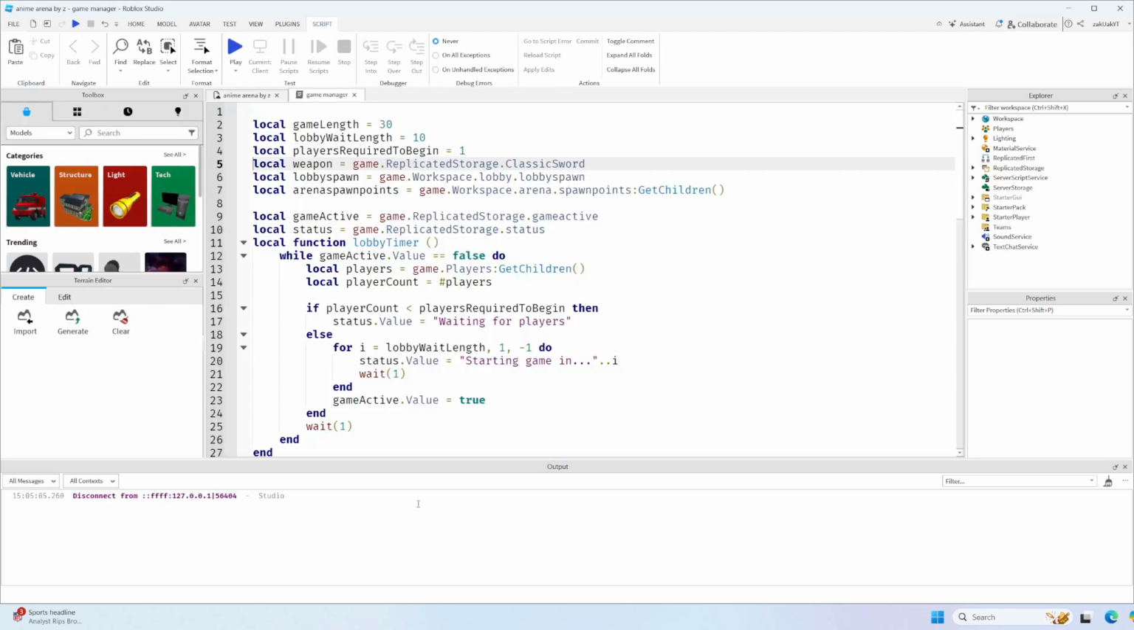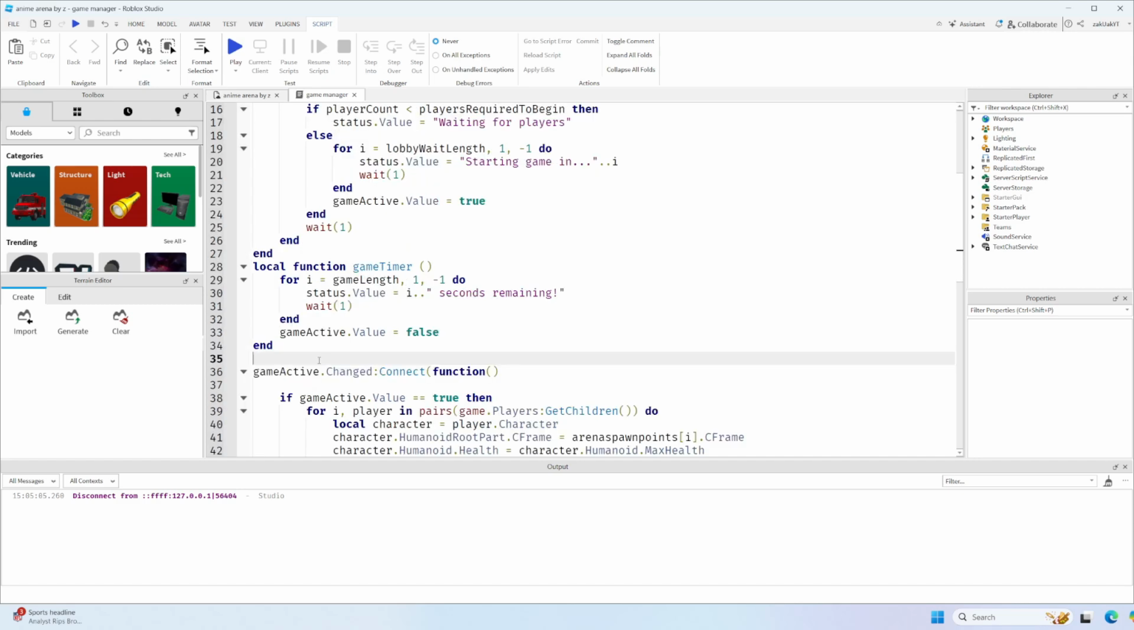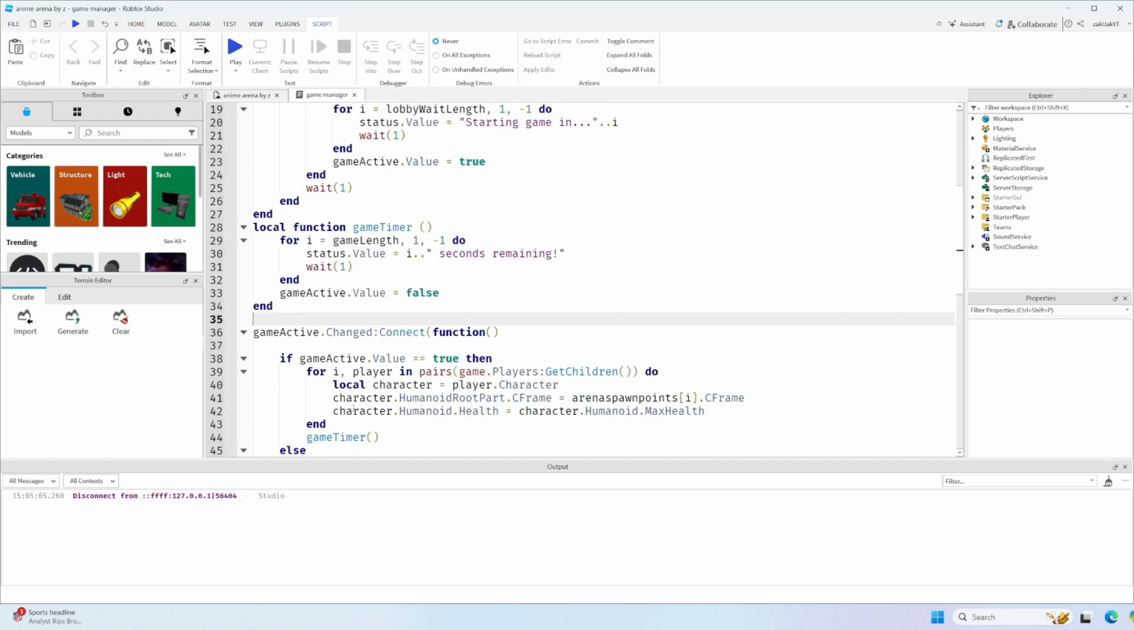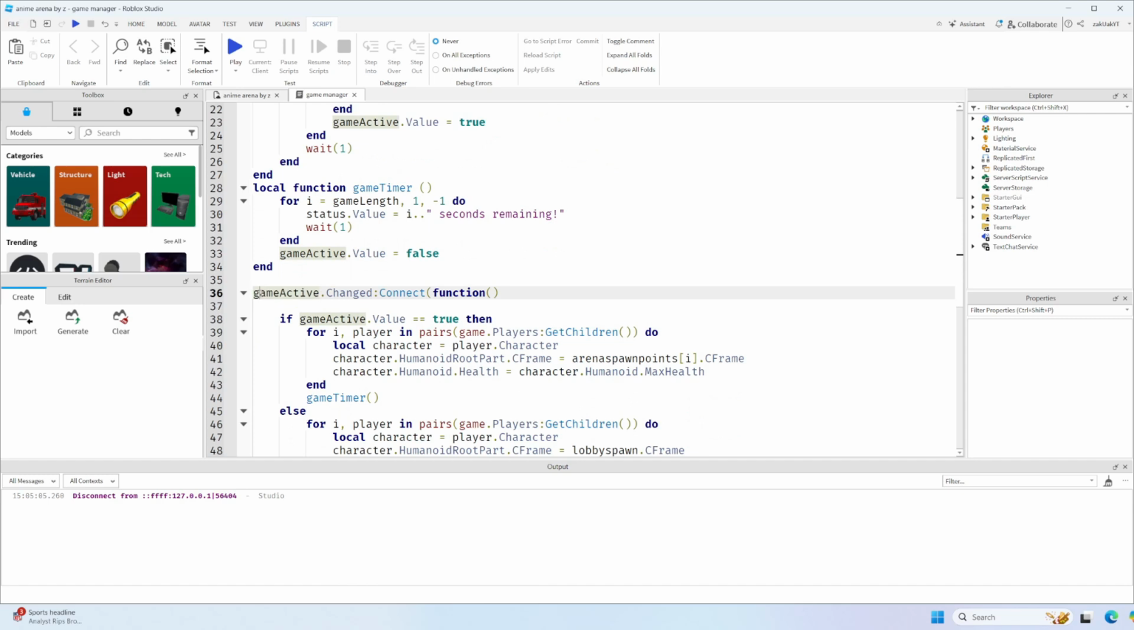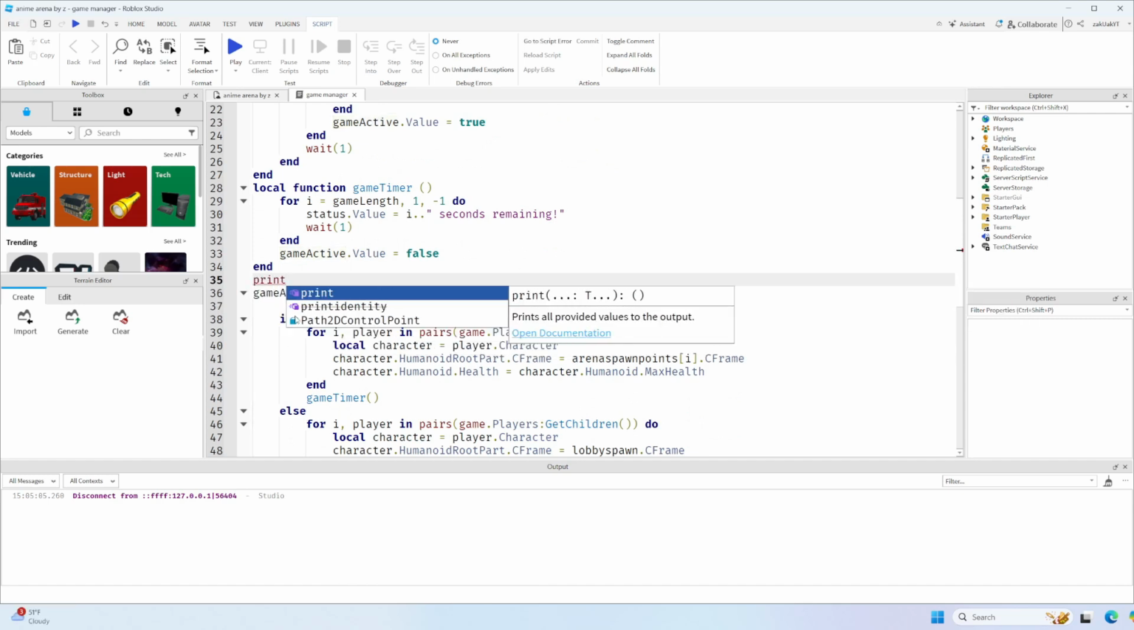Now, what if in the output it doesn't show any errors? Well, I'm going to show you guys another way. Find the place where you think the script might not be working. For example, if we think that this line of code is making the script not work, try placing a print statement